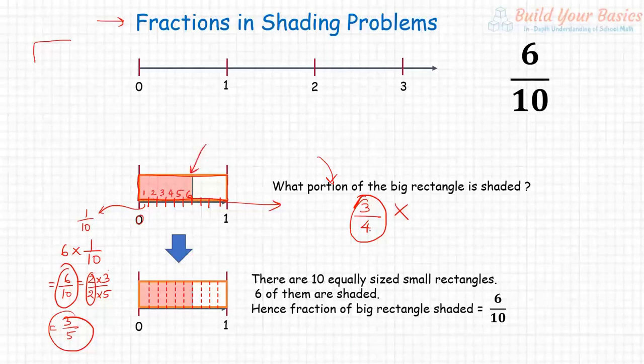So if you now see, 3 by 4 is not correct, it is actually 3 by 5. So we cannot go with some approximate estimate of what it is. But if you are asked to estimate, that is a good method. But if you want to get it exact, then this is how you have to do it.